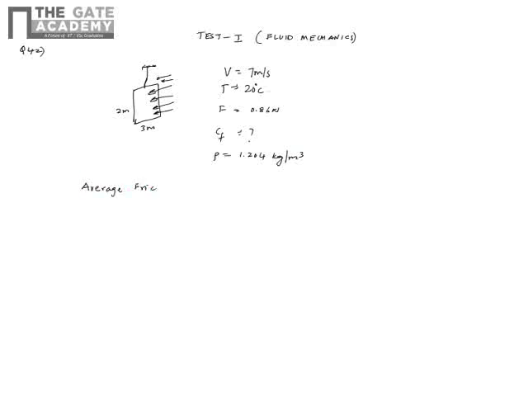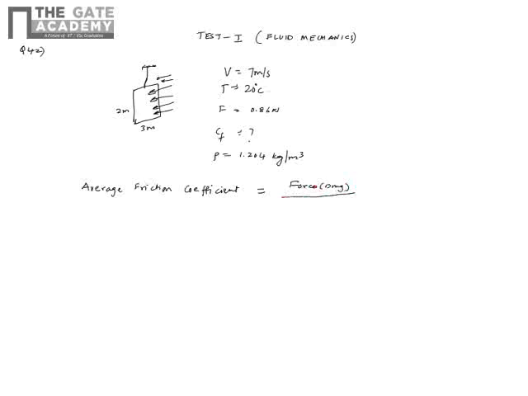Let me first write down the definition of average friction coefficient, which is an important non-dimensional number in boundary layer, which basically measures how much the drag force is there. It's easy to find this for simple objects, but for complicated objects like a wing, it is very difficult to find. So how is it defined? It is defined as the total drag force